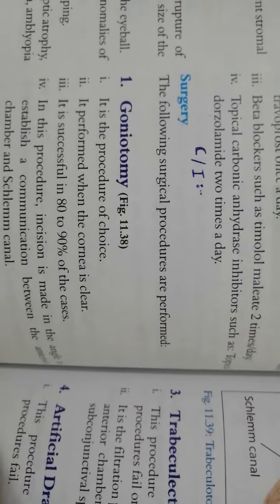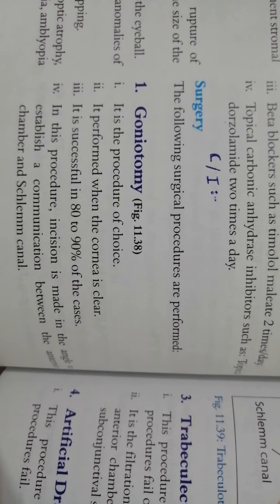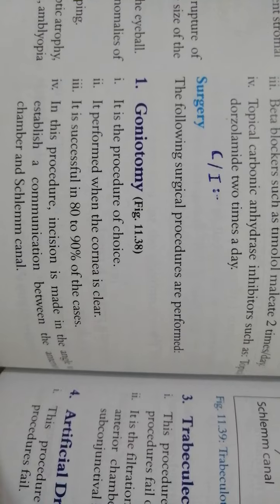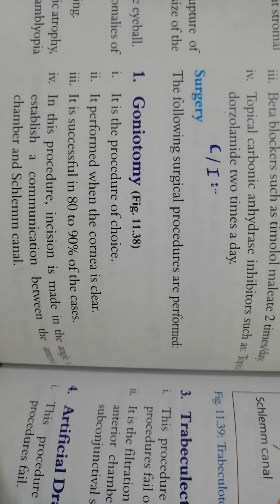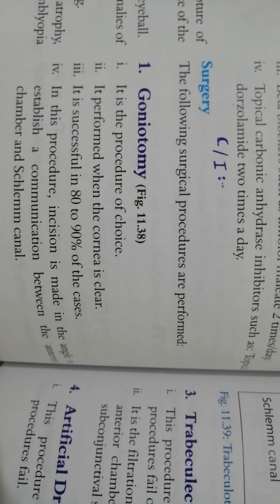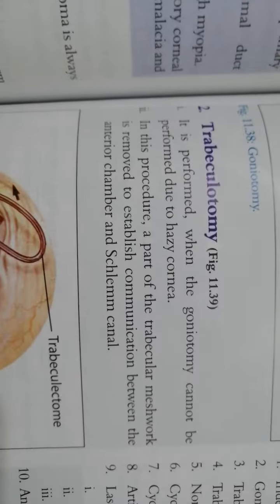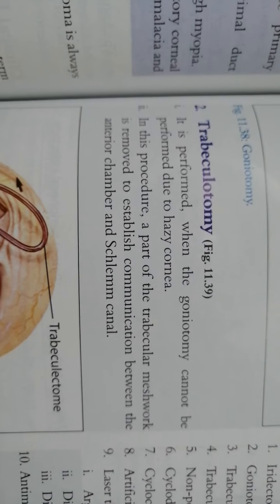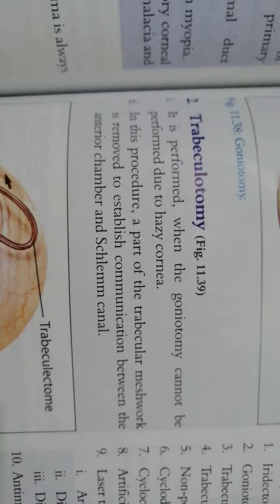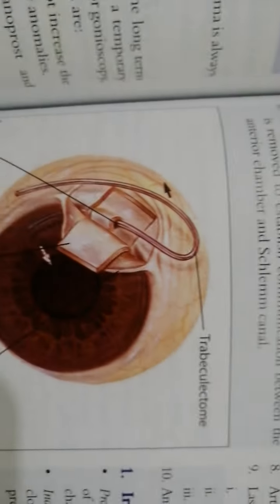The most important or the most helpful surgery is goniotomy, but it can only be performed when the cornea is clear, and in most cases the cornea does become hazy in cases of primary infantile glaucoma. So in this case you make an incision in the angle. If this goniotomy is not possible, you go for trabeculotomy, in which a part of the trabecular meshwork is removed, and if this is not successful, then